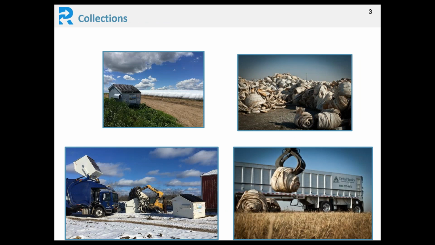As far as on the agricultural film, this is really at our roots and what we are very proud of and where we started. And that was to solve the issue of what happens to this film after it is used in the fields. And so what our company's been doing is collecting that material and turning it back into other products, recycling it and turning it back. Here are some examples of different ways in which we are collecting that material, not only on the West Coast, but again in the Midwest and in the South. We are collecting across the country and recycling and turning it into new products.